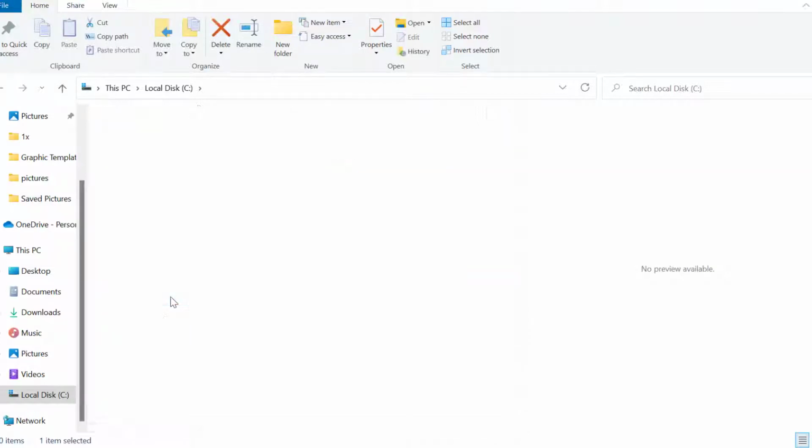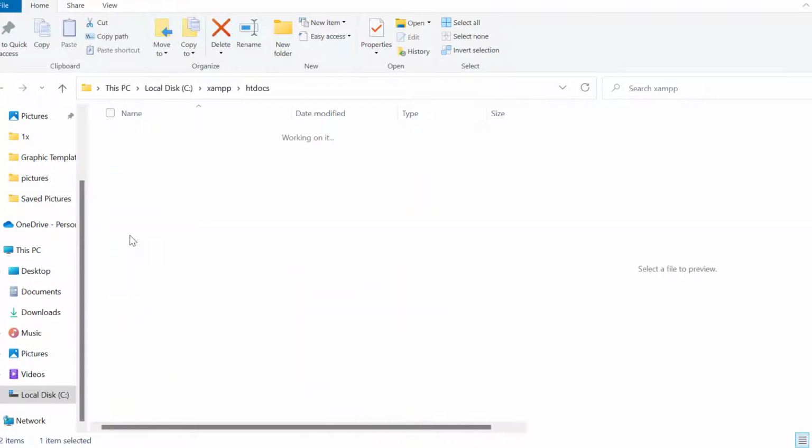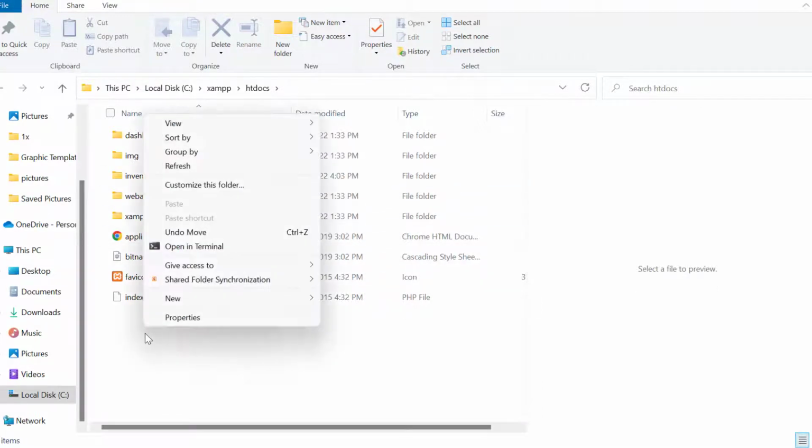All right, so you see XAMPP Server right there. Open the XAMPP server, then you see htdocs. This is where you are going to be installing your applications, your web applications, your websites. So what you want to do here is simply right click, then